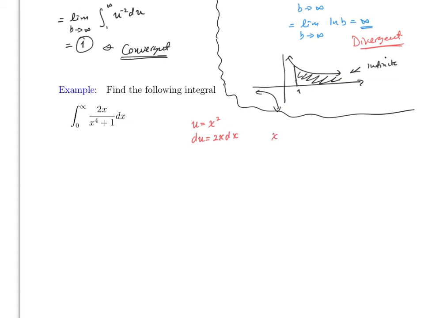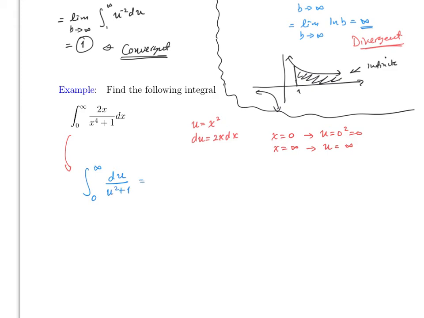The limits for x are 0 and infinity. So that means that u will be 0 squared, which is just 0, and then infinity squared is just infinity. So the limits don't change. So therefore this becomes the integral from 0 to infinity of du over u squared plus 1,